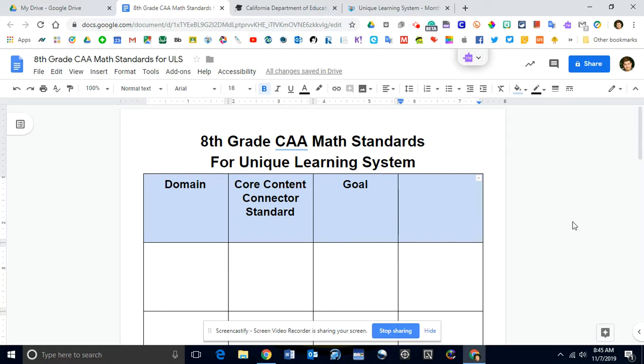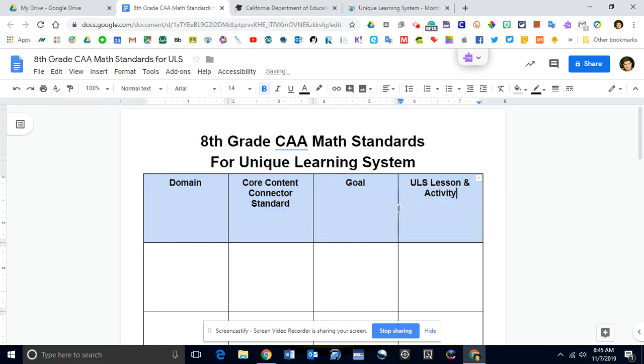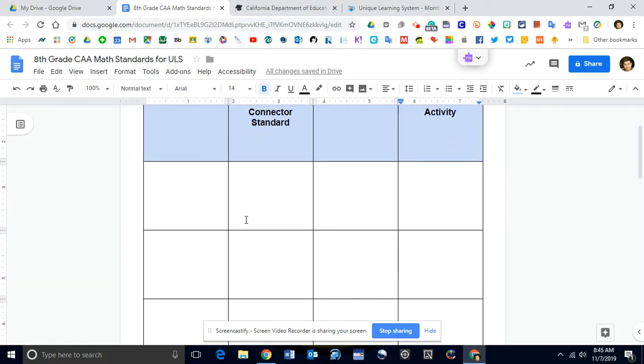And I'm going to call this one ULS. So again, unique learning system, lesson, and activity. And now that I'm looking at these titles, I'm not a big fan of how big they are. So I'm actually going to make them a little bit smaller and go for 14. All right, cool. So now that I have it formatted, what I'm going to do is